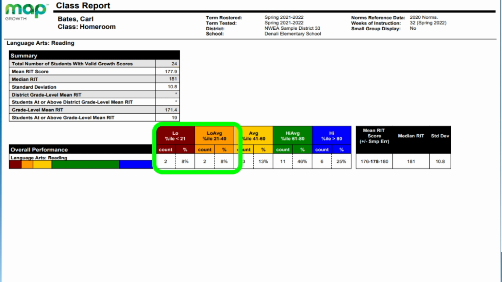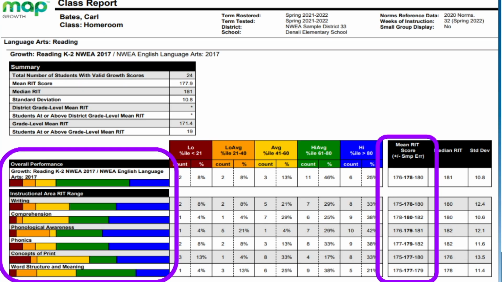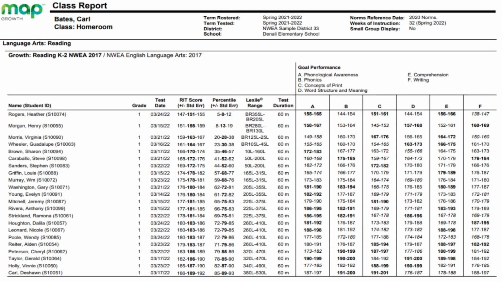This particular group here of 2 students who fell into that bottom range and the 2 students who were in the low average range might be a place to start to identify. These 4 students might be students we can and should consider for maybe some supplemental summer programming. We can then also see how students performed in these different instructional areas as it relates to reading and language arts. And then looking at the class roster and the individual student level performance